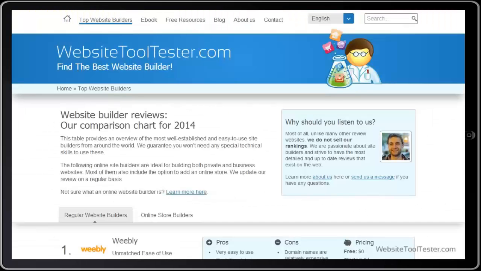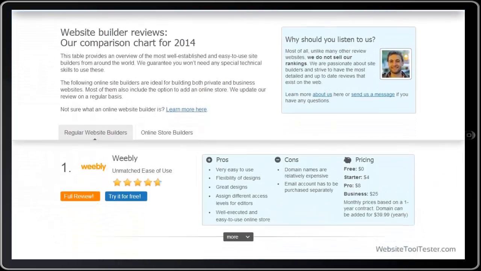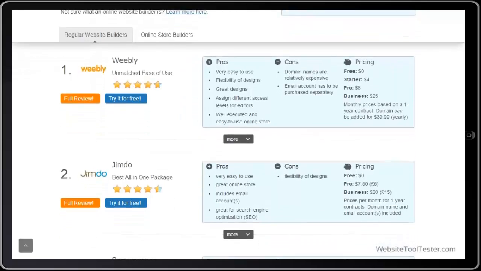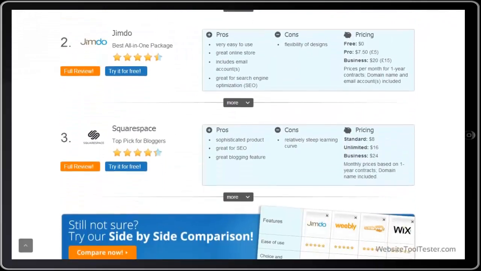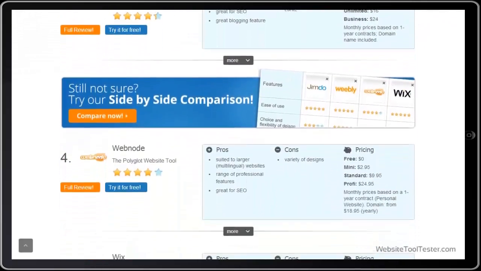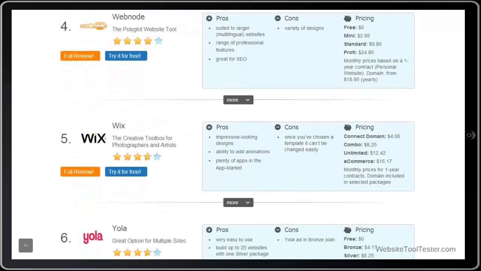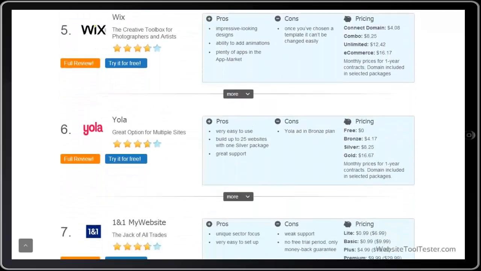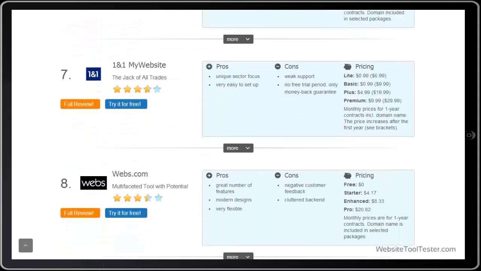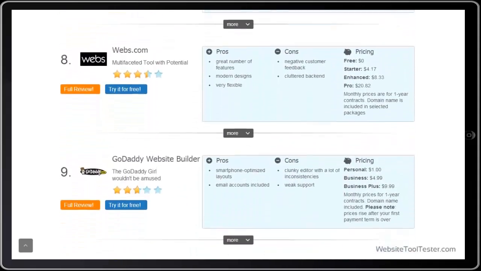All in all, we saw some improvements, but there's still a lot to fix. Let's see what the future brings. In the meantime, we would definitely recommend checking out some other competing products like Weebly, Jimdo, or Wix. In case you're not sure if GoDaddy's website builder is the right choice for you, you can find a comparison chart of different providers at